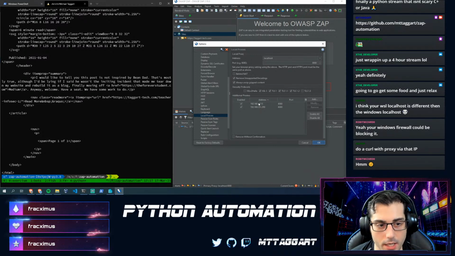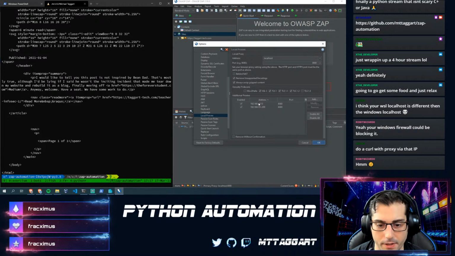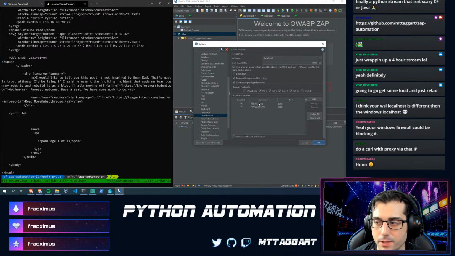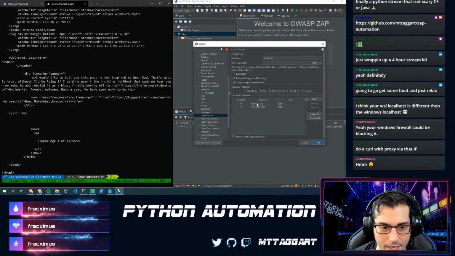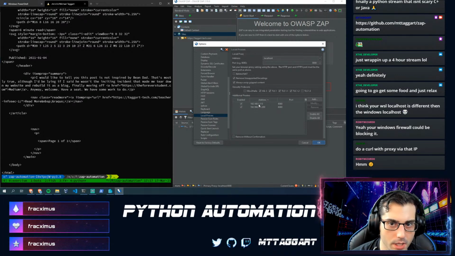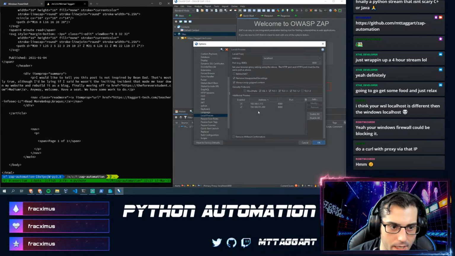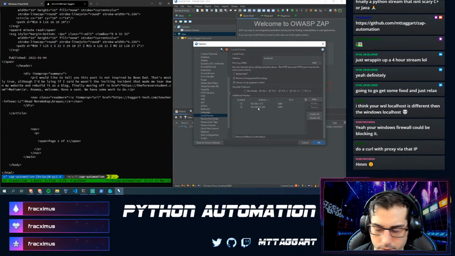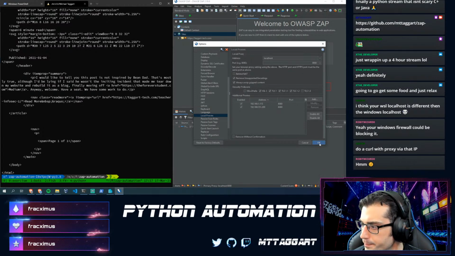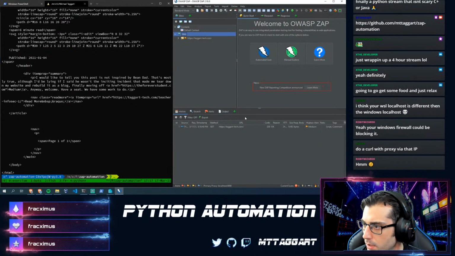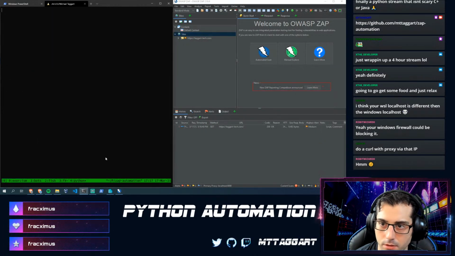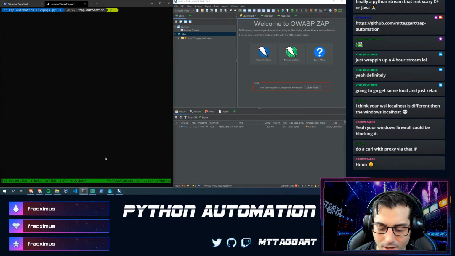For example, if you want to pick up all the traffic that is coming off of a remote system, you have to make sure that you add the actual IP, not just localhost, as part of the proxy, so it'll start listening on that IP address for incoming connections. Otherwise, you won't catch it. Okay. Let's try all that again.